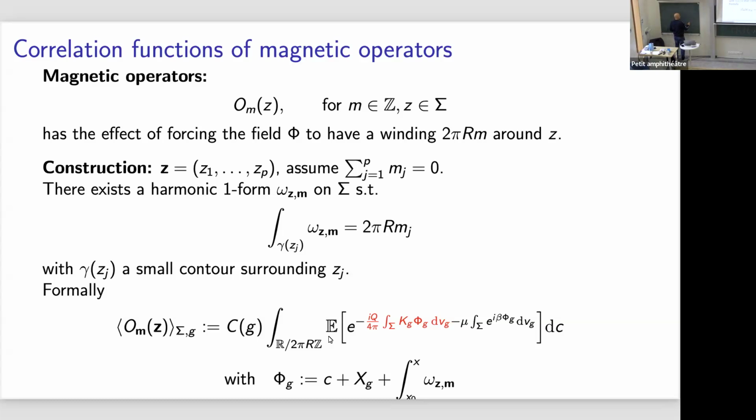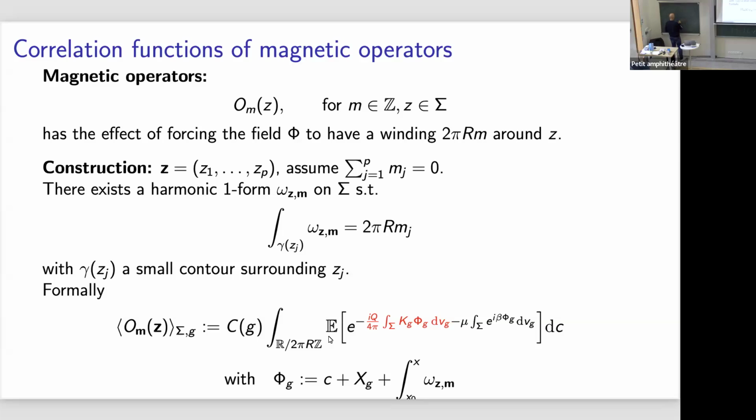So you're on the Riemann sphere, the blackboard, and you have some integer weights here, M1, M2, M3, M4. What you want to impose on your field, phi, is that when you make a turn around this point, your field shifts from phi to phi plus 2 pi